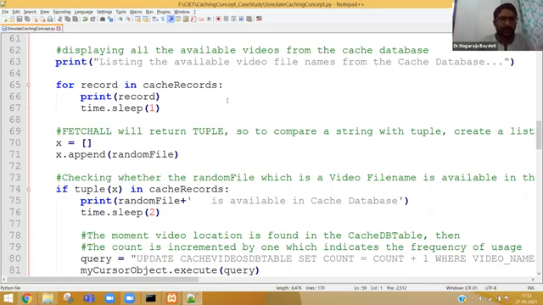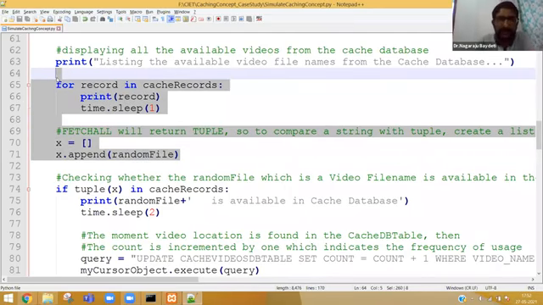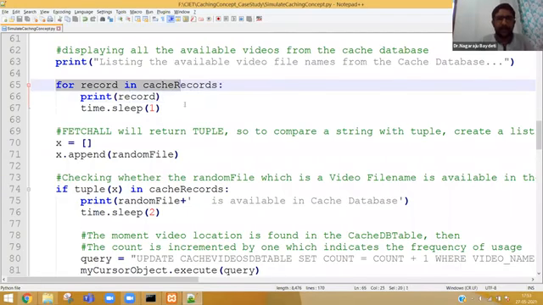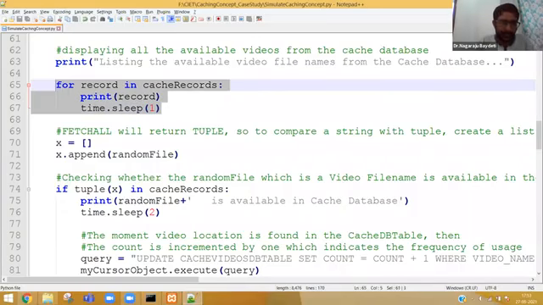Now, what I am doing simply here is creating a list of the files which are available in the cache. I am getting record by record and printing here. See here, record for record in cache records. And what is time.sleep? When I am executing, I want a time delay so that you can view the output slowly. Actually, there is no need of time.sleep here. So I am printing the records one by one.